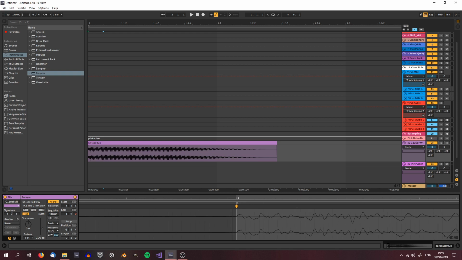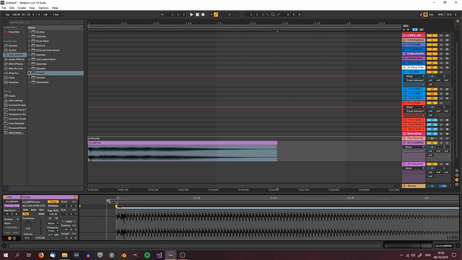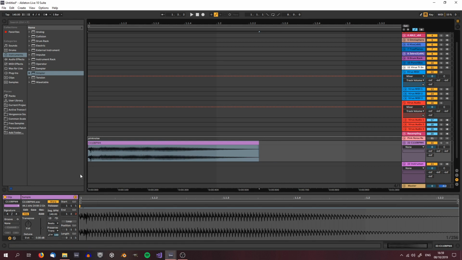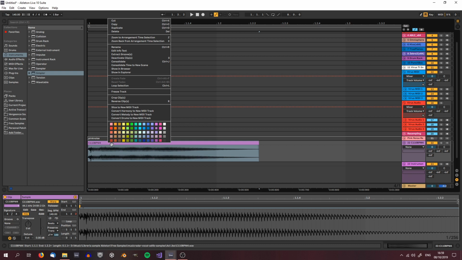So that's just going to set the starting point right on that point. I'm just going to reduce the length, the end of it, because we don't really care. So once we've done that, let's just right click on the sample clip, and we can just go ahead and say consolidate, or hit Control-J on our keyboard, and that's going